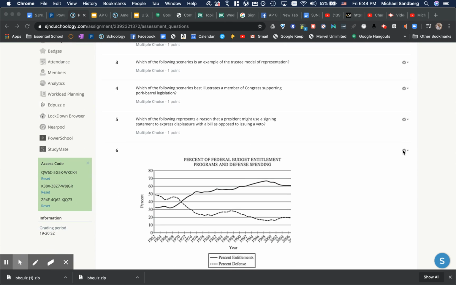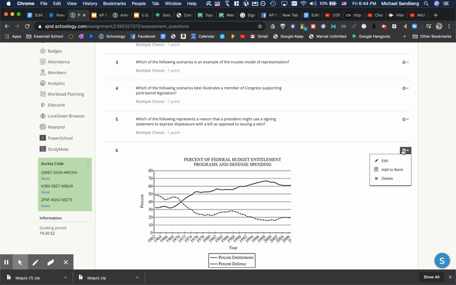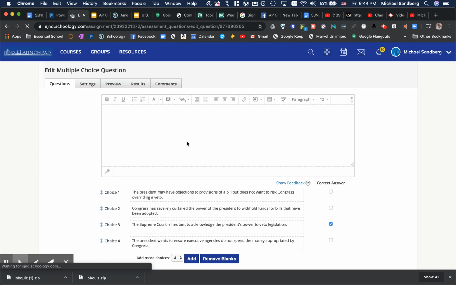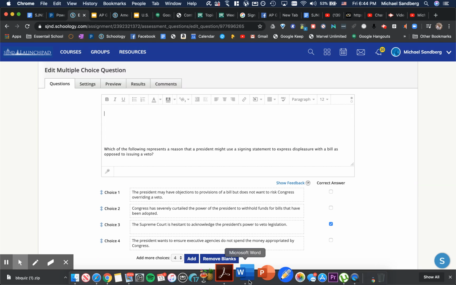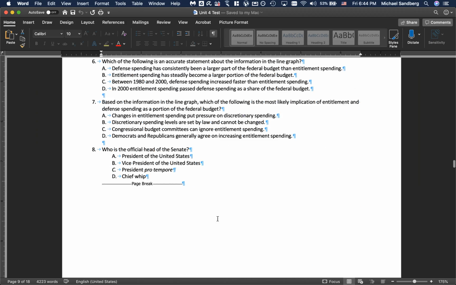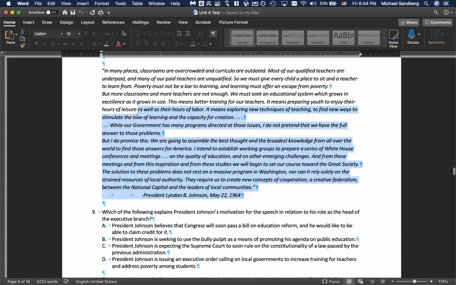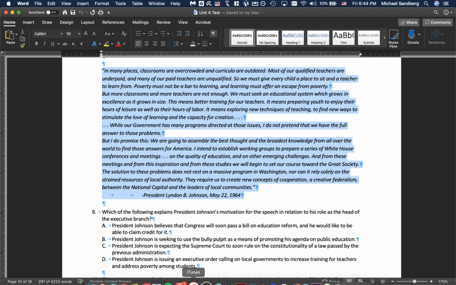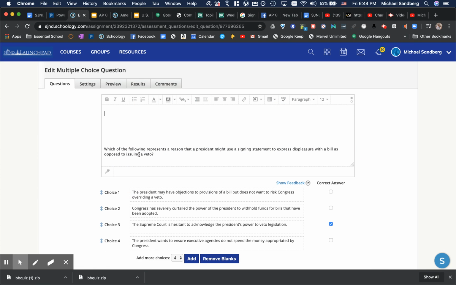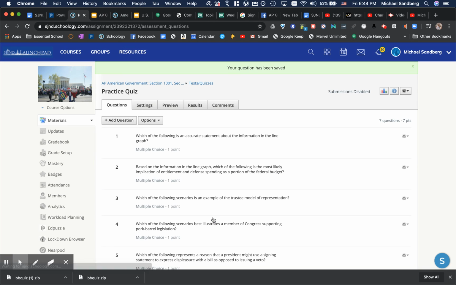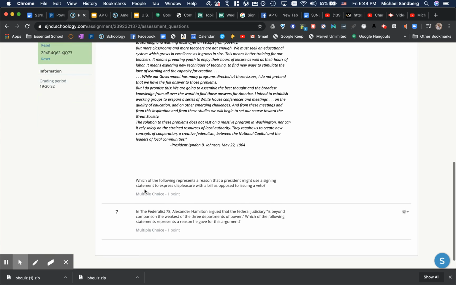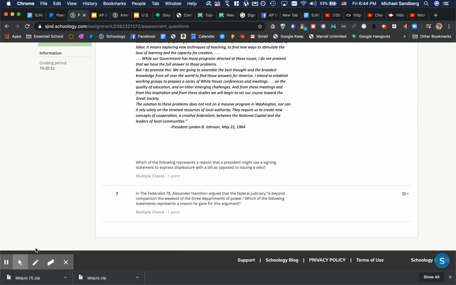Well, that is pretty easy too. You actually just, instead of putting in a picture, you would actually just delete this and you could go back to your test and you could find a text stimulus like this, even though this doesn't go with that question, and go back over, and then you just paste it in. And then there is your stimulus. And then you just save that question. So that is how you do that. That generally has worked well for me, and then your quiz is ready to go. It is a little time consuming, but works